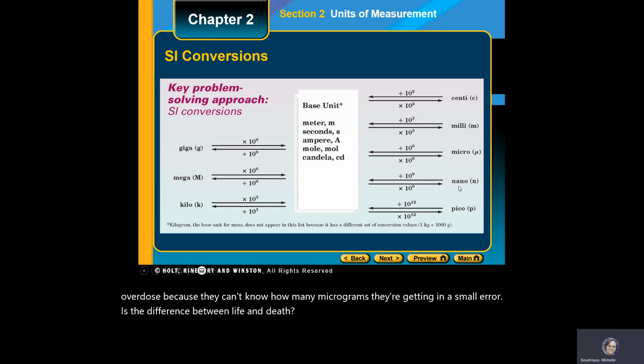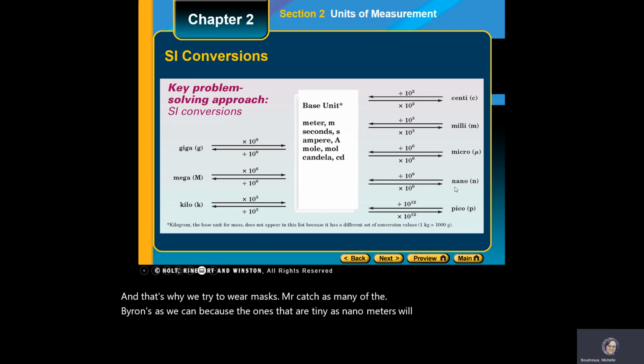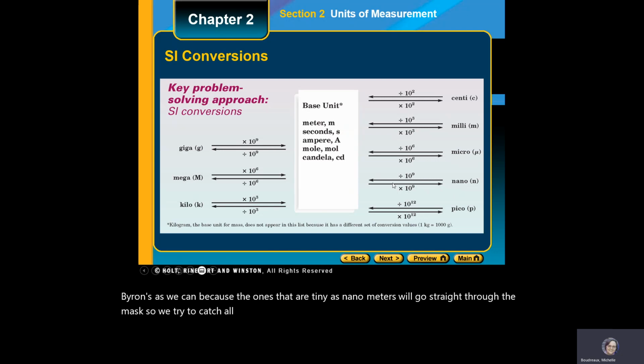Nano means 1/1,000,000,000th. Some of the coronavirus virions are measured in nanometers. They're billionths of a meter, and that's why we try to wear masks, to catch as many of the virions as we can, because the ones that are as tiny as nanometers will go straight through the mask. So we try to catch all the bigger ones. Okay,